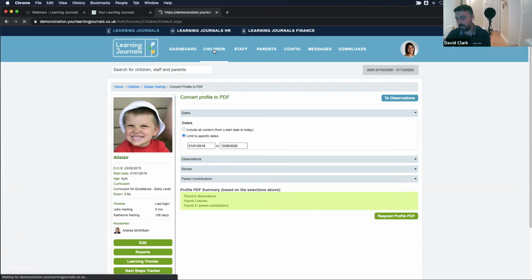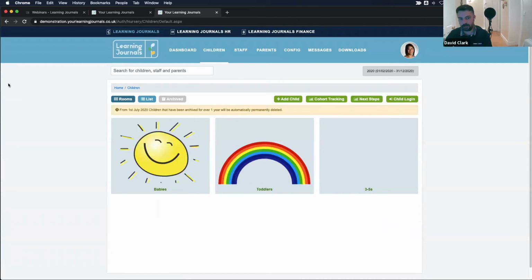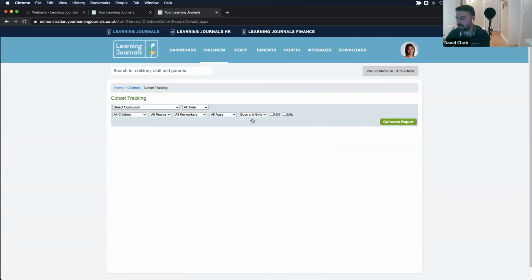Okay, one thing I haven't touched on yet is the tracking and monitoring. So let's go to that. If we go to our children tab, you'll see there's a button here called cohort tracking. And this is how we access or monitor our tracking. Because every time you're adding an observation and you're adding in an outcome or an experience, you're building up a picture in the background of that child's